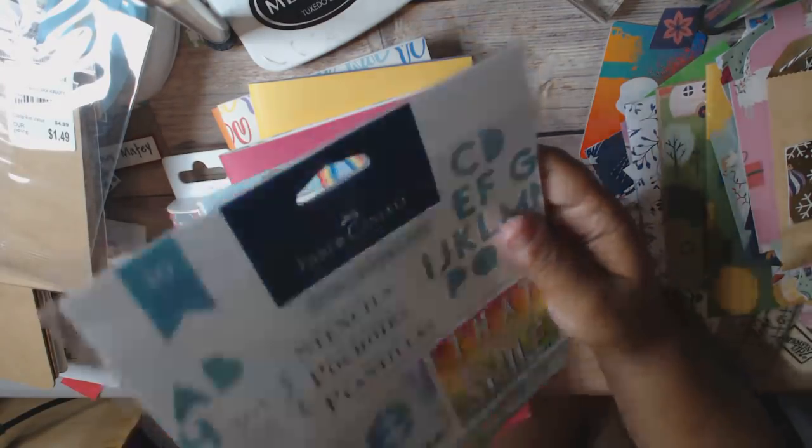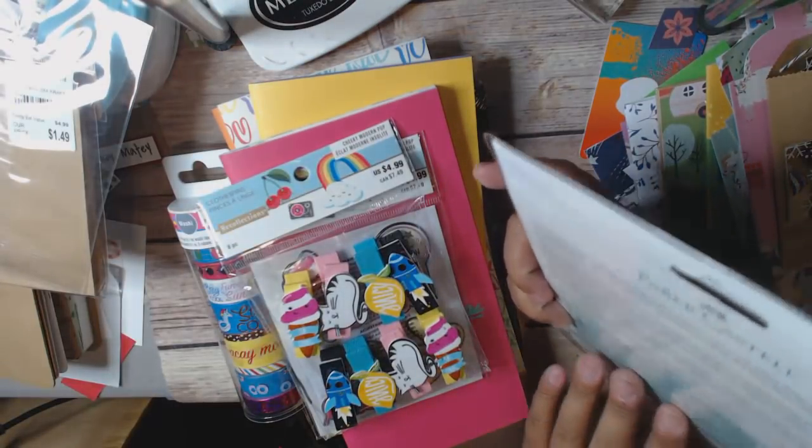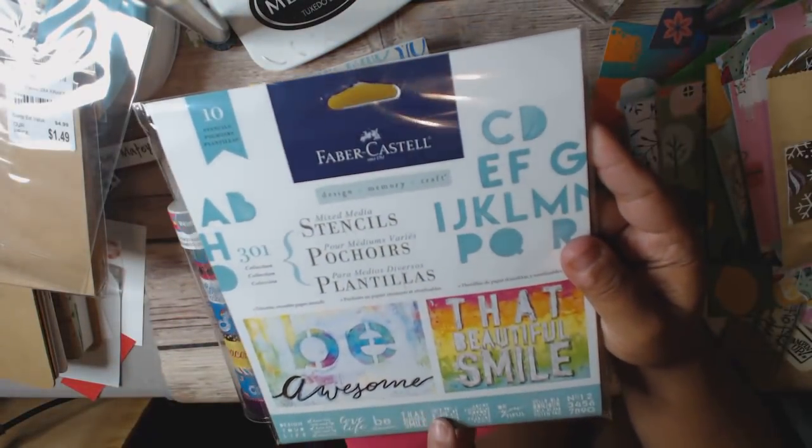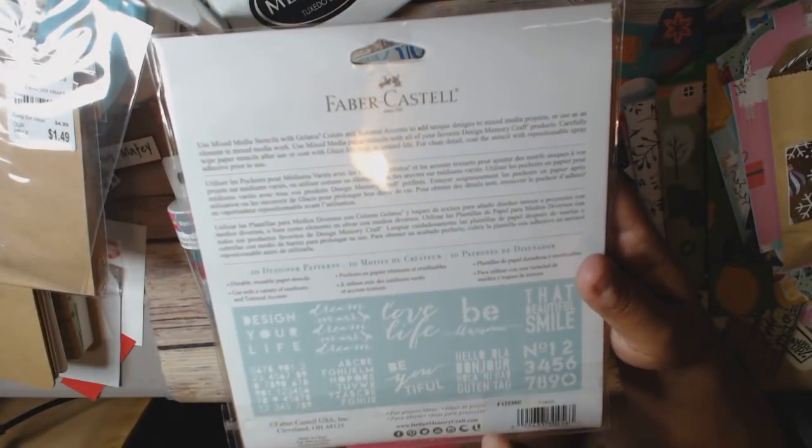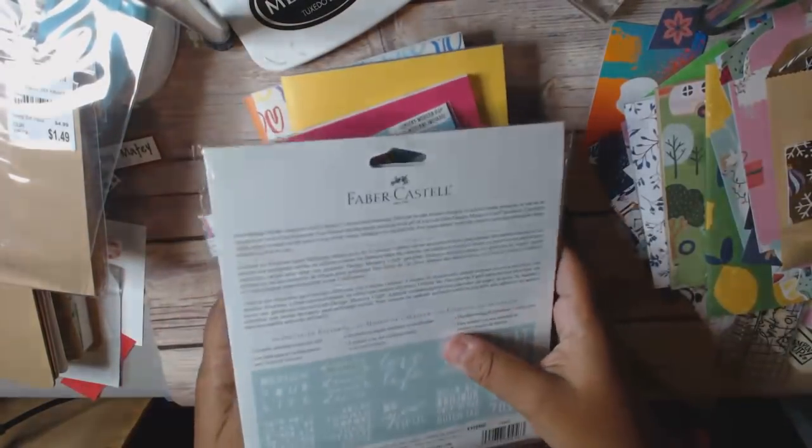And then I got this, which was $2 something. It was on clearance. Fixed media stencils. Pretty thick, but it comes with all of these different stencils all in one, which is pretty good because stencils are kind of expensive. So I got that. And then from Tuesday morning, I didn't find any Bo Bunny dies,